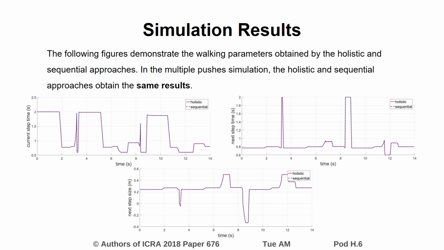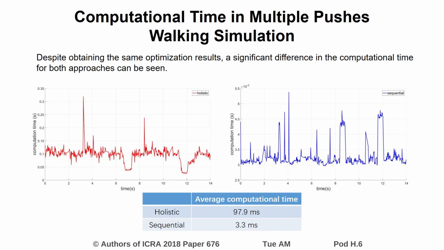The simulation shows that the holistic and sequential approach yield the same results for all three walking parameters. Despite having the same solutions, the computational time is different for both approaches. Due to solving two one-parametric optimization problems, the computational speed of the proposed sequential approach is roughly 30 times faster